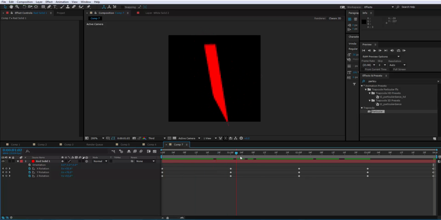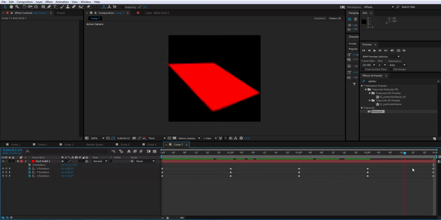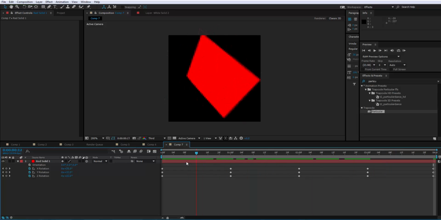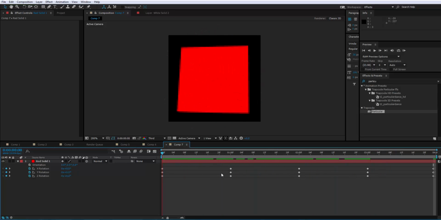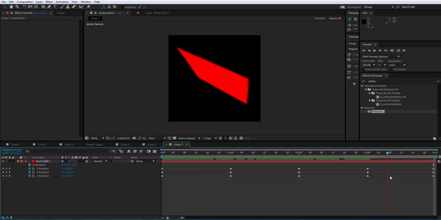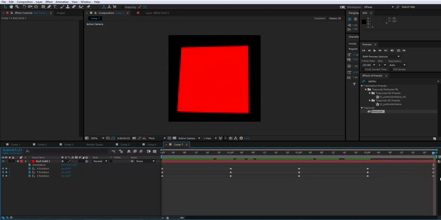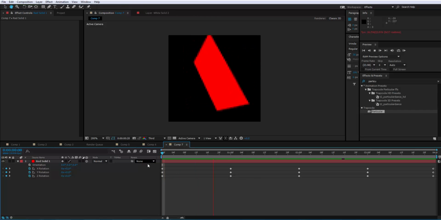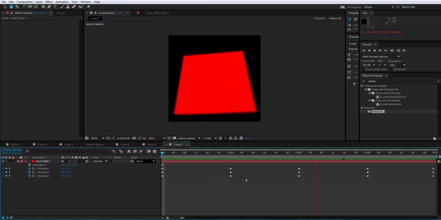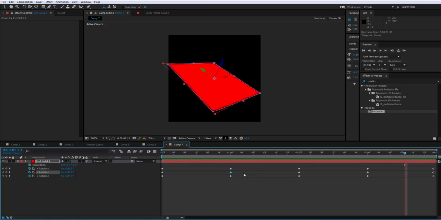So whenever we play it back, it goes and it doesn't try to flip itself backwards and do this in reverse. Rather, it goes completely through with the animation and it ends with the animation. Okay? So another thing that you can do to give this a little bit more of a random look, you can play with the